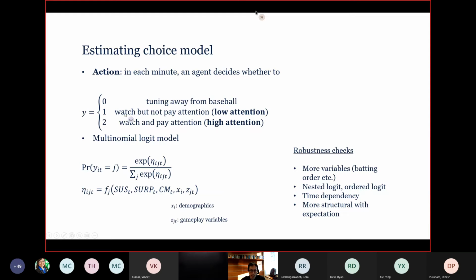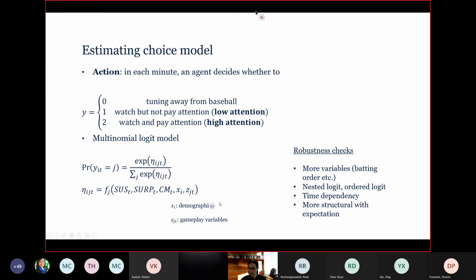1, if the agent is watching but not paying attention. So I'd say this is low attention. Y is equal to 2 if the viewer is watching and also paying attention to the screen. This is a simple multinomial choice model, and as a function of suspense and surprise, commercial, demographics, and other gameplay variables, including